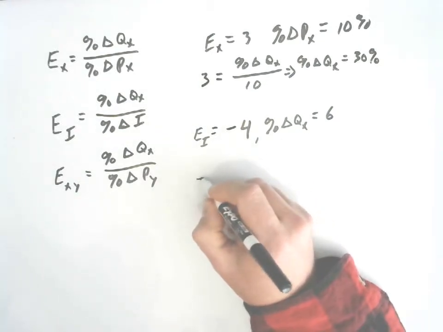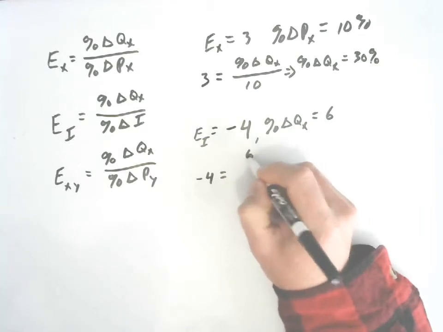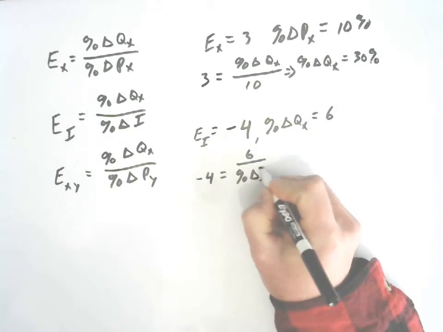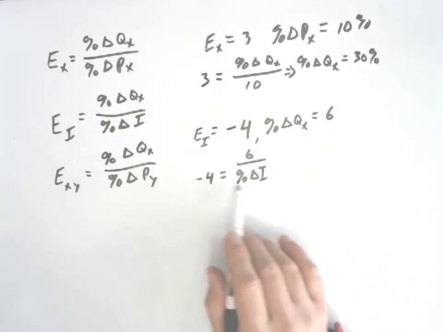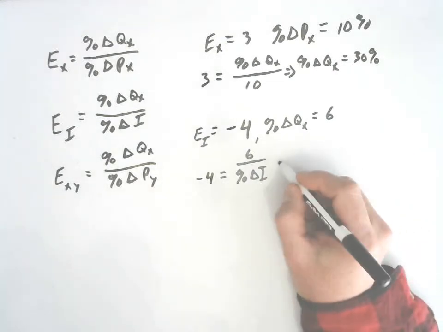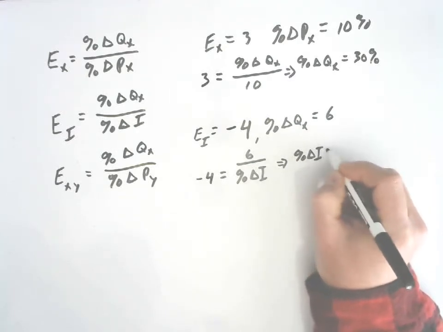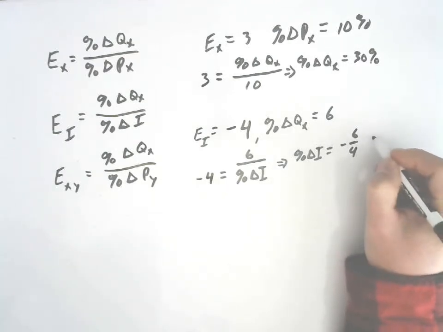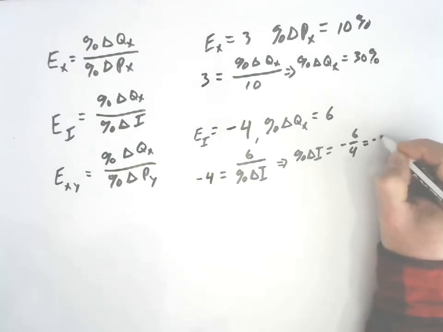We would simply plug it into the formula. Negative 4 equals 6 divided by the percentage change in income levels. Multiplying each side by percentage change in income and then dividing through by negative 4, we get percentage change in income levels equal to negative 6 over 4, which is approximately negative